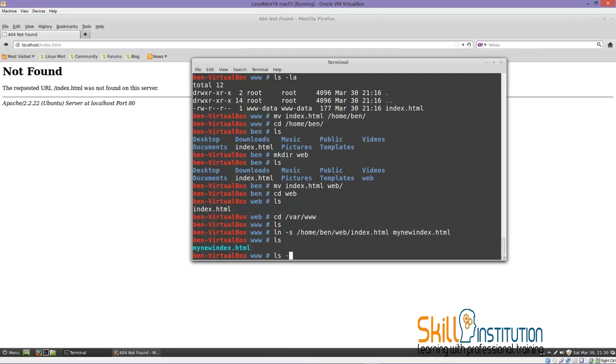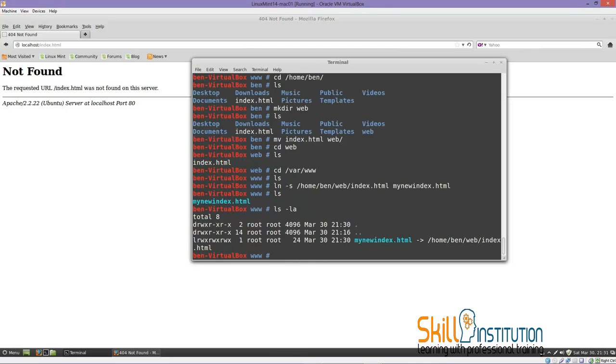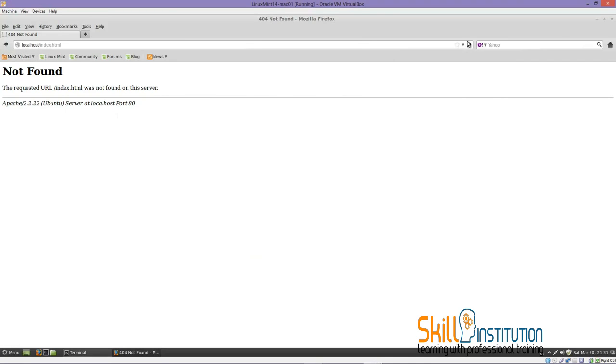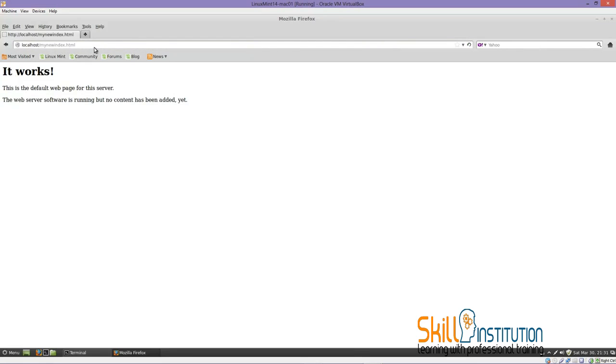So if I do ls -la actually, you will see that my new index.html is pointing to the real file, which is index.html that resides within the web subdirectory, right? So now if you do a refresh right here, you cannot see the web page still because it's index.html actually. So if you type in localhost / my new index.html and hit enter, you will see the same web page,